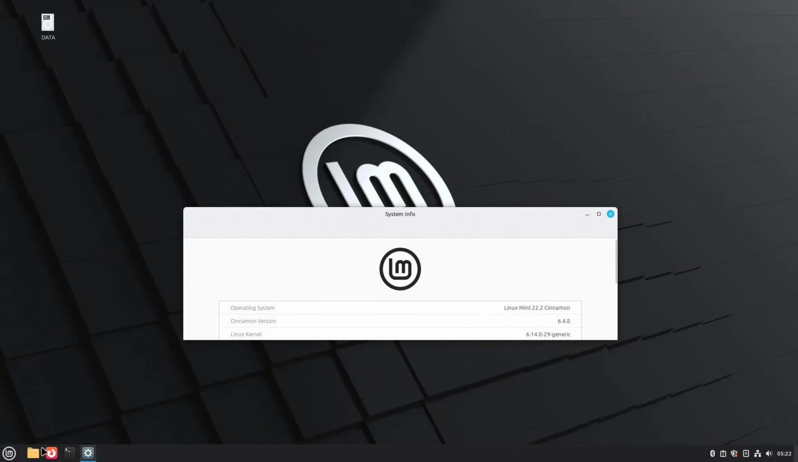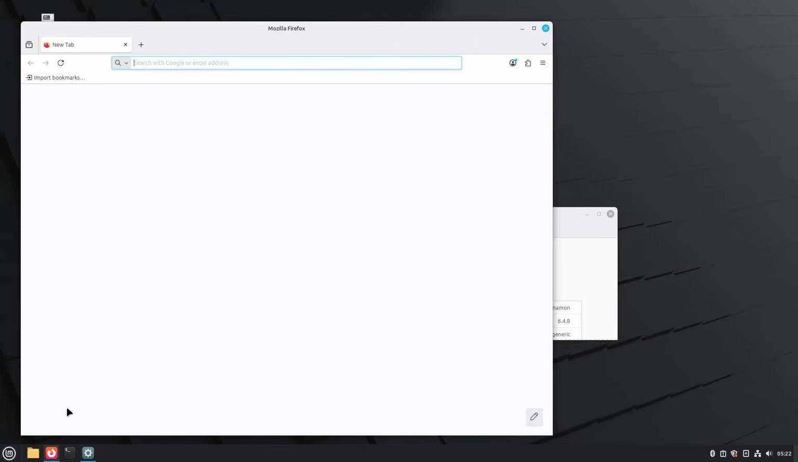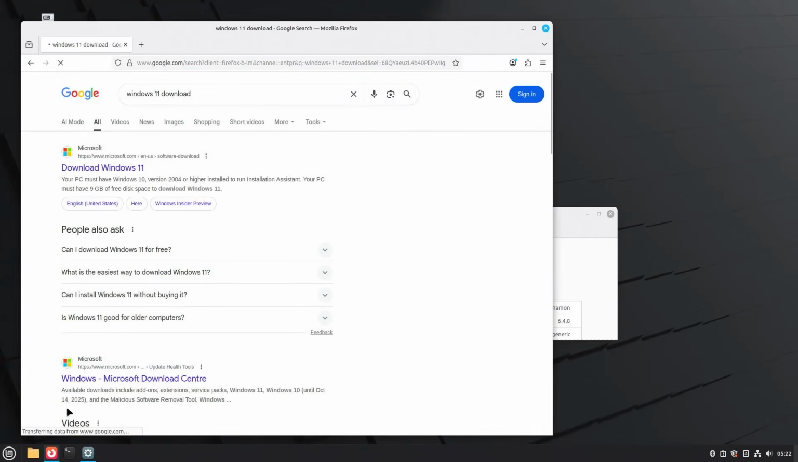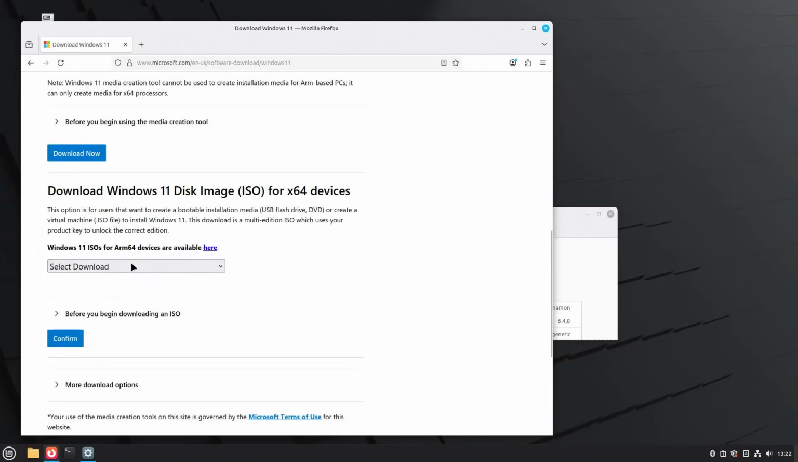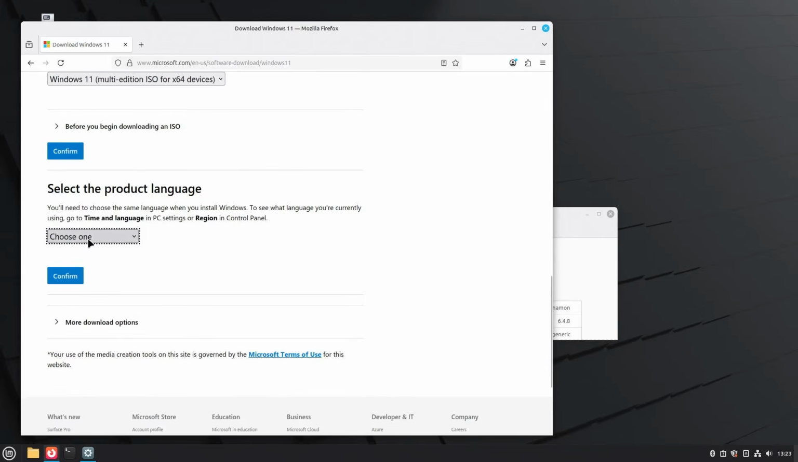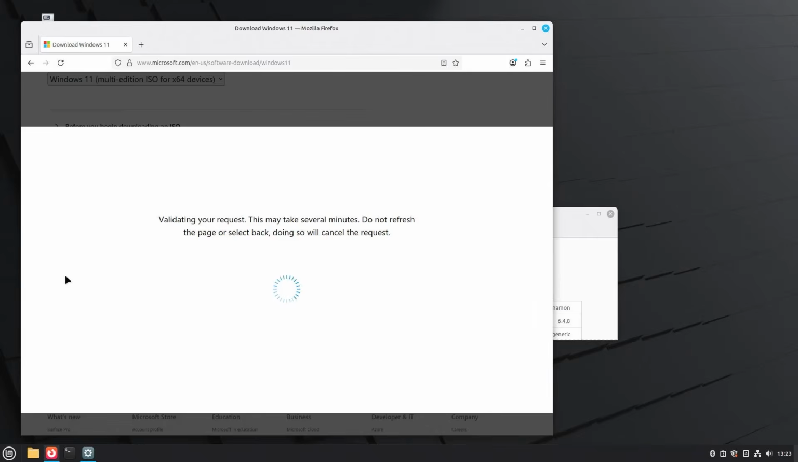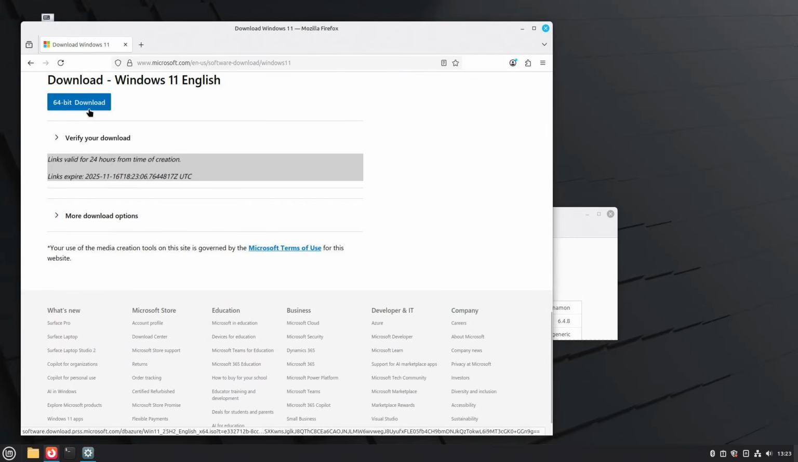I'm going to search for Windows 11 download, and I'm going to download, scroll down, and then I'm going to download the Windows 11 disk image ISO for x64 devices, confirm, and a product language, English, confirm, and download. Once downloaded, go into your downloads folder,